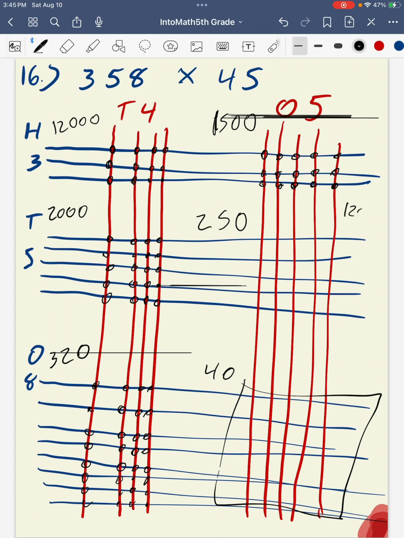So I can now add up 12,000, 2,000, 1,500, 320, 250, and 40 all together to get a total sum of 0. 2 plus 5 is 7, plus 4 is 11. Carry my 1 into my hundreds. 5 plus 3 is 8, plus 2 is 10, plus 1 is another 11. Carry my 1 up here. 1 plus 1 is 2, plus 2 plus 2 is 6, and 1. So my total is